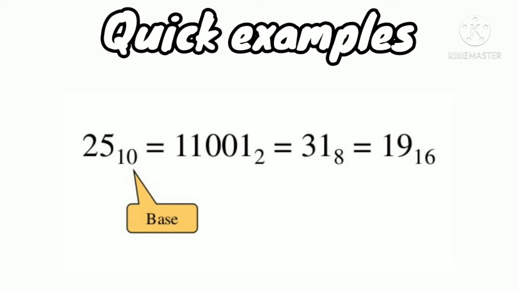Here is a quick example. 25 with base 10 is equal to 11001 with base 2, which is equal to 31 base 8, and that is equal to 19 base 16.